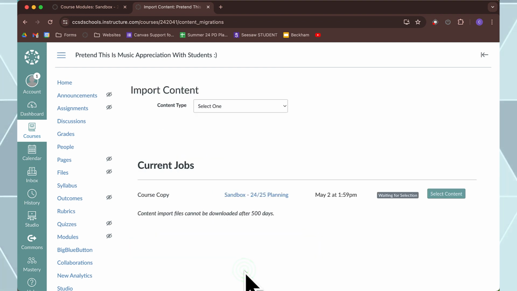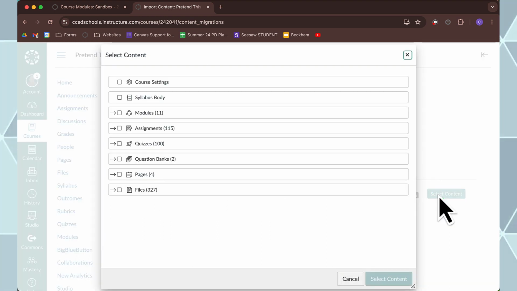Now you might wonder, wait a minute, I didn't want to import the whole course. I haven't even told it what I want to import yet. Well, you're going to be brought to the screen, and this is your current jobs list. And notice right here, it says waiting for selections and then select content. So I'm going to click on select content. If you were importing the whole course, it would just begin and you wouldn't have to do this part. All right, now